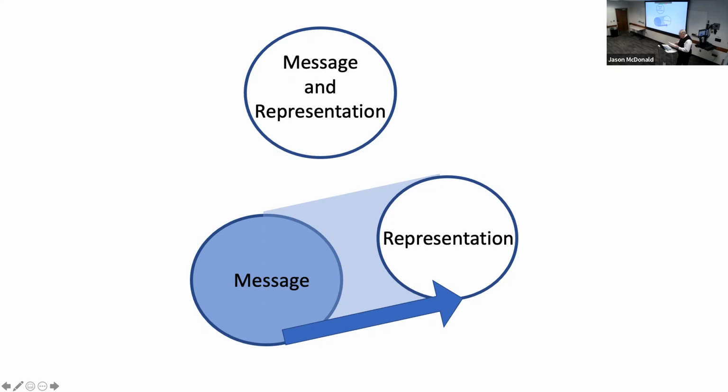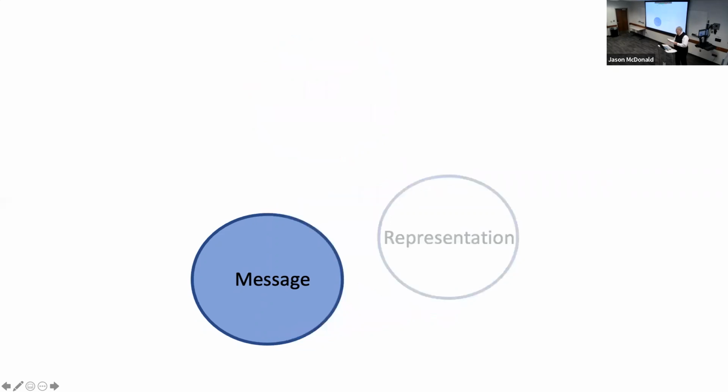Once we take the message layer out of the shadow of the representation layer, we see that the message layer decisions must be made before representation decisions. That very seldom happens. It becomes clear, for instance, that the theories and principles for designing messages are quite different from those for designing media representations.